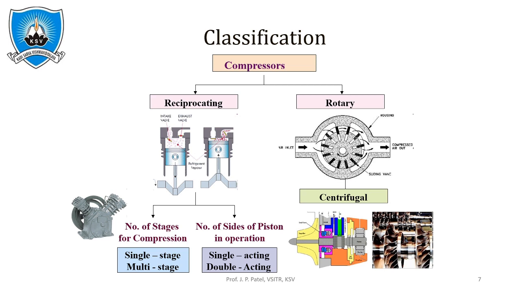That's why we are going to define what is single stage and what is single acting. Suppose air or gas, here, all of you see in the pointer, is compressed at one side of a piston, that we call a single acting cylinder. And suppose the air or gas is compressed in one cylinder, and that compressed air goes into the second cylinder and is compressed again, then we call it a multi-stage reciprocating compressor.